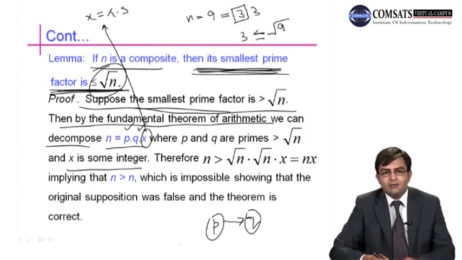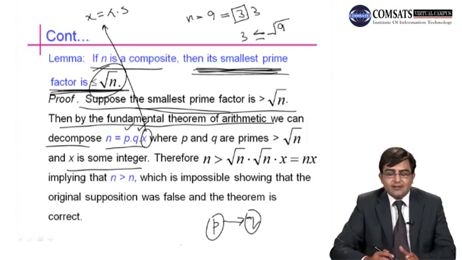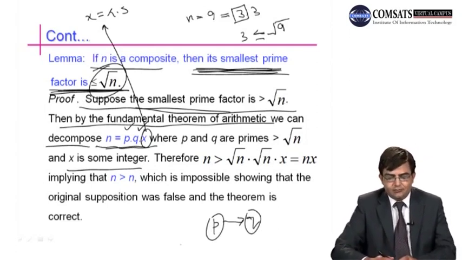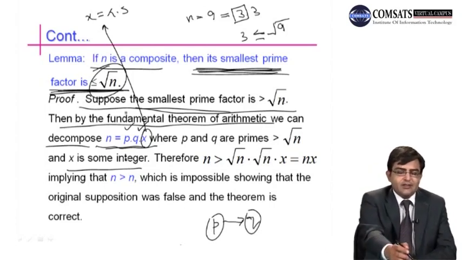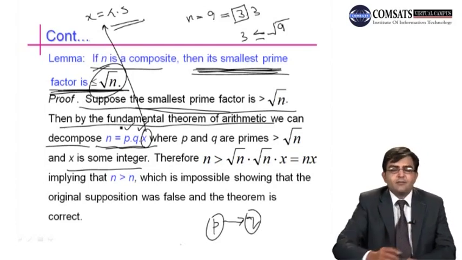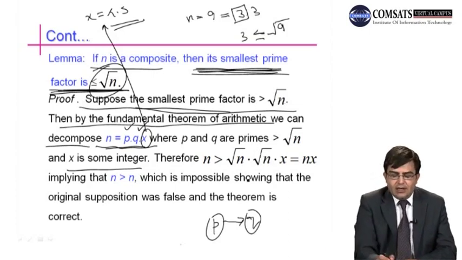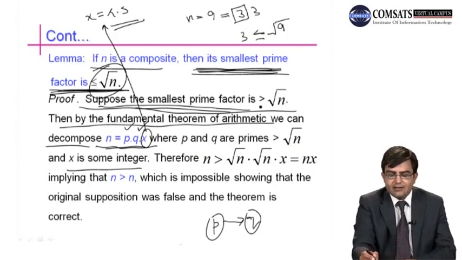It may be prime, it may be composite. If it is prime, then this expression will be unique by the fundamental theorem of arithmetic. If x is some composite, then further we can write x as a product of primes r and s. So where p and q are primes, and we have supposed here that the smallest prime factor is greater than